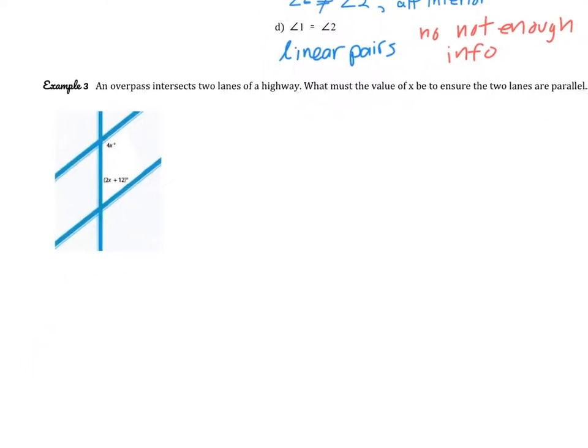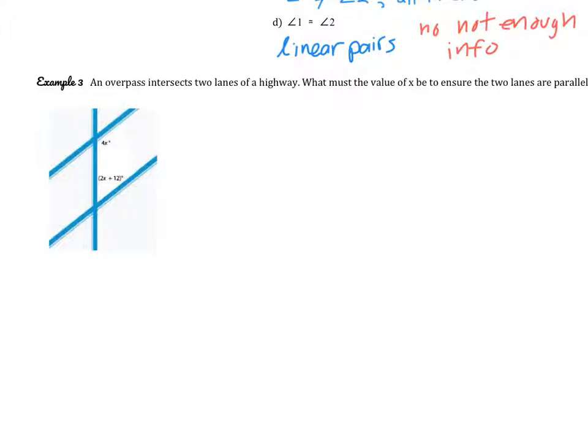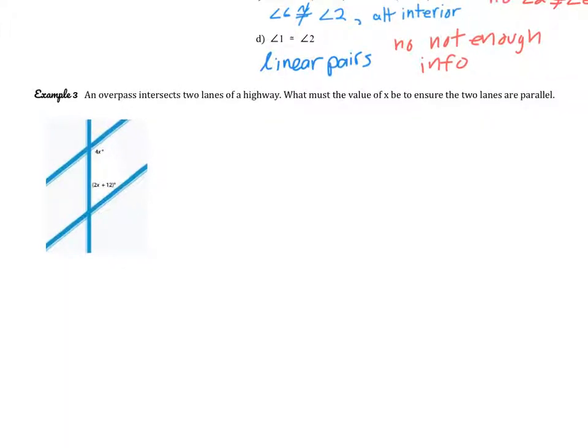All right, let's look at this next example. This one says an overpass, which would be this, intersects two lanes on a highway. What must be the value of x to ensure that the two lanes are parallel? So we want to make sure that these are parallel. So let's see if we can look at the relationship between these two angles. So I would classify those two angles as same side